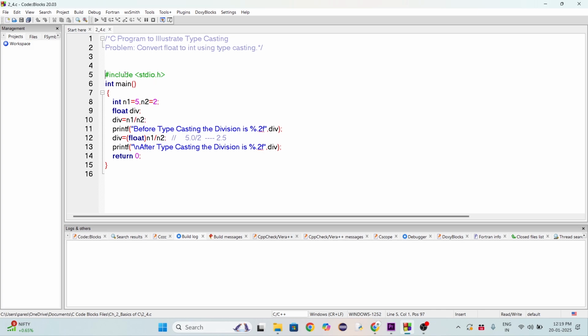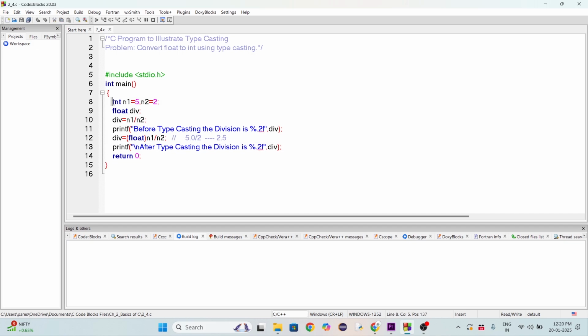The first line of the program says #include <stdio.h>, which means I want to include a standard input output header file so I can use built-in functions like printf, scanf and so on in my program. int main is the entry point of my program, so whenever the program is executed, the control will begin from the main function and the code written inside the parentheses will be executed.